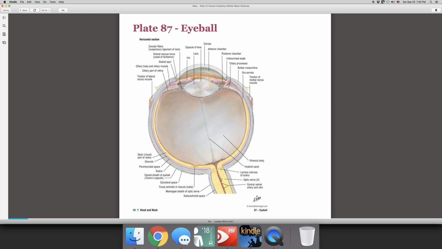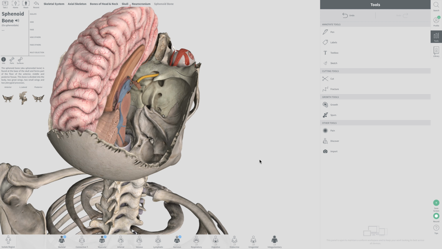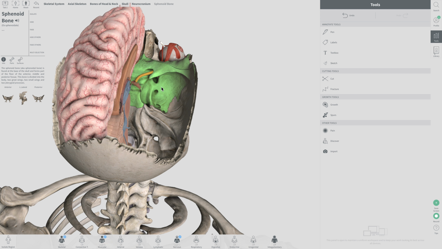So if this was to get yanked on, blood supply will be the first thing to break. Once it breaks, well, your eyeball still needs blood supply, so your body makes new ones, right? So that's sort of how I'm looking at all of this. That your sphenoid is moving in a way that is way too patterned, and it's not spending enough time going the opposite direction. Meaning, oh, you know what?